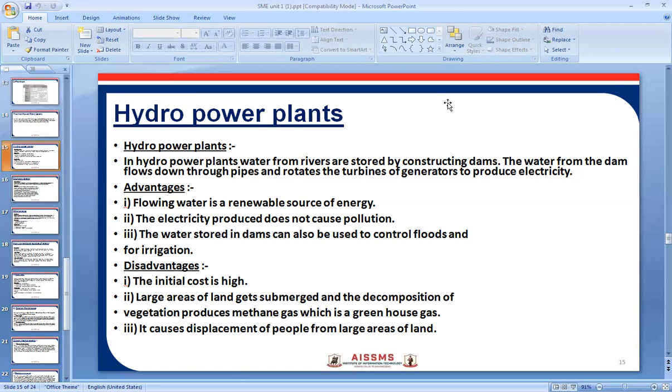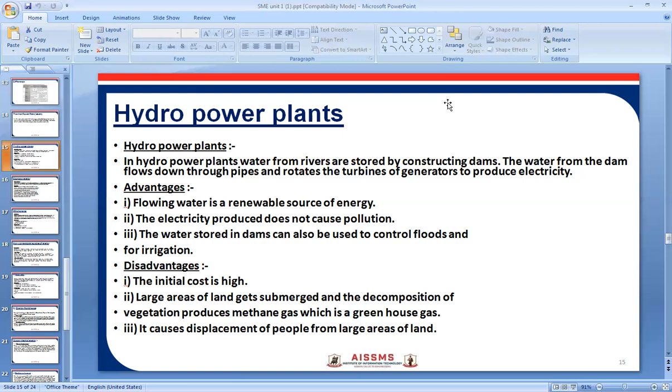Then what exactly is the penstock? The penstock is a pipe which carries the water from the reservoir to the turbine. It is a large pipe of 1 to 2 meters in diameter, made up of concrete to withstand high pressures. Then what are anchors? These are concrete blocks to support the penstock.